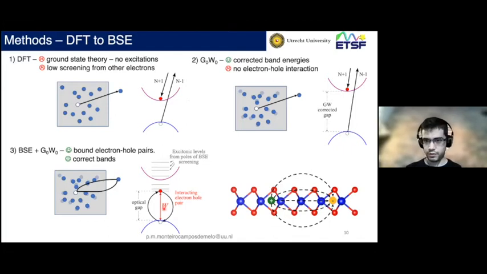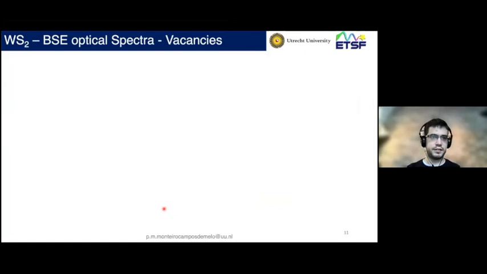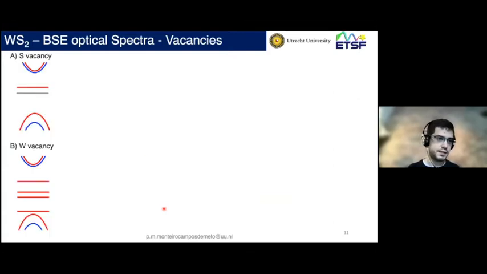So once all of this is done, we can analyze the optical spectra, and here it is, the consequences of what happens when we change the system by introducing the vacancies or the substitutions. So I begin with vacancies. Here, the first thing that I want to show is a schematic of what happens at the level of the